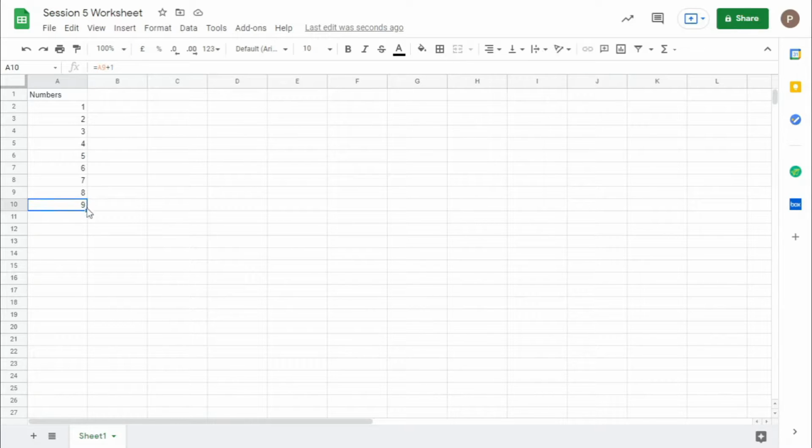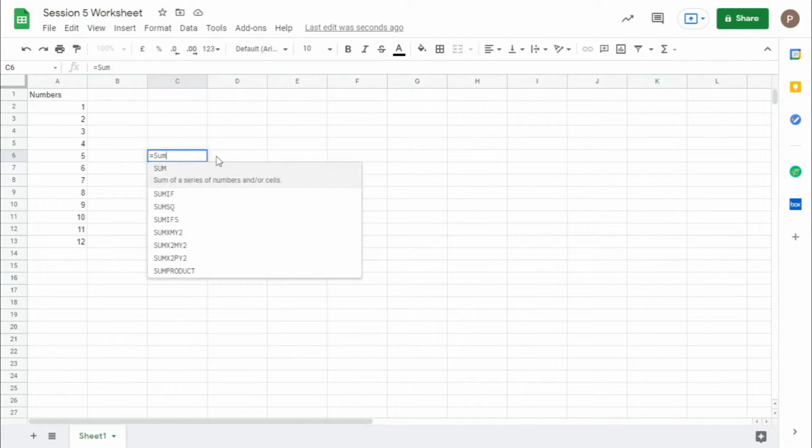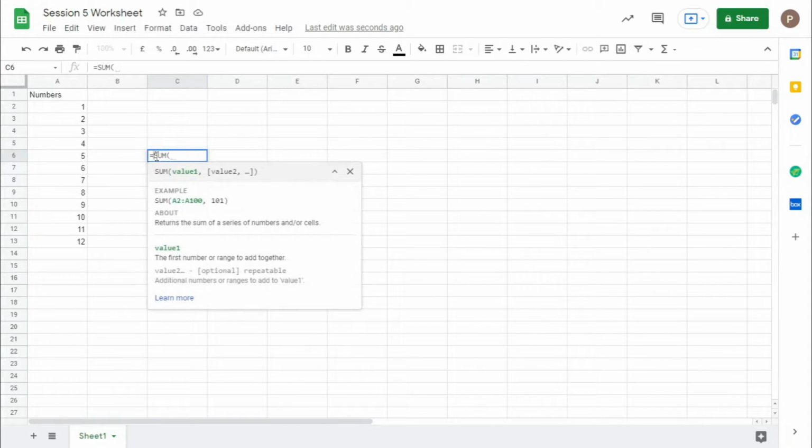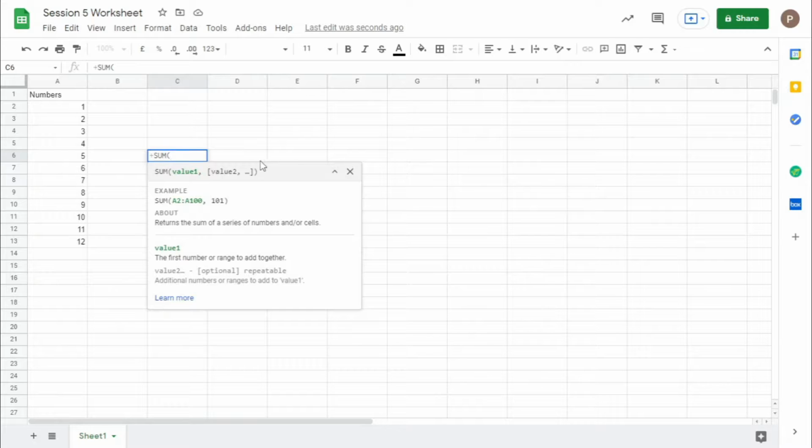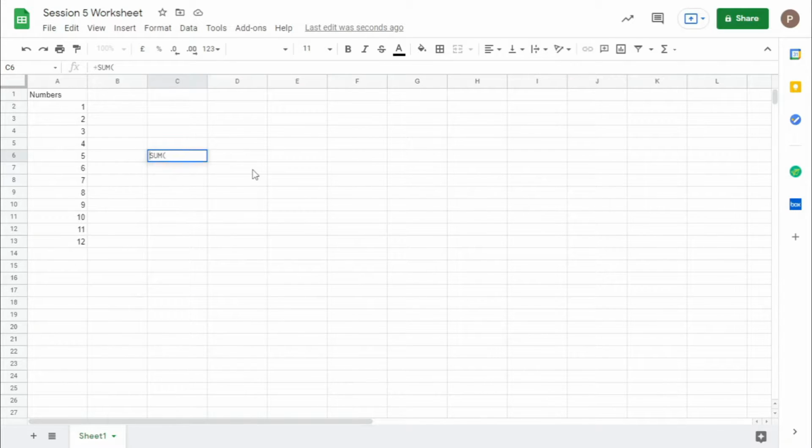Using this, you can go down and down like this. Now if you want the sum, just click sum and it shows the function here. You can use plus as usual, or you can have plus equal to as well.